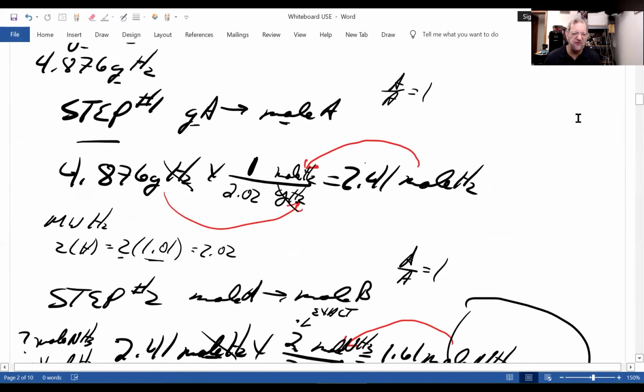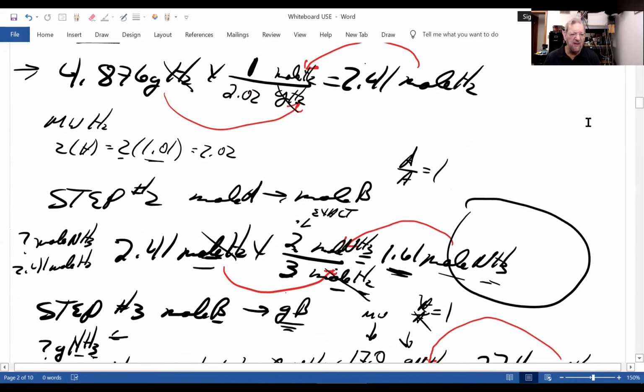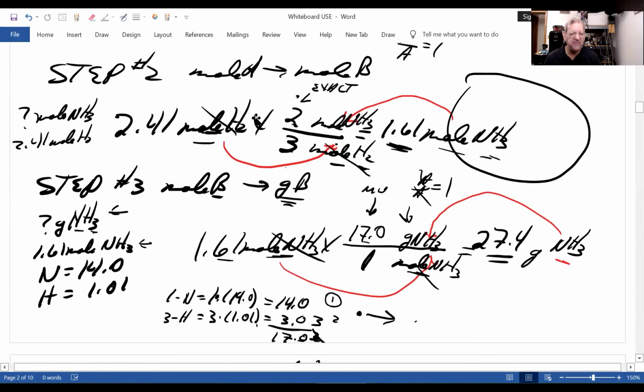Remember, you have to use 3 steps. The first step, what did I do? I started with whatever I was given in grams, in this case hydrogen, I converted it to moles. And we did it this way, which you've done already. You did in the practice problems. And remember, 1 mole of a compound equals its molecular weight. Step 2, I had to convert what I just figured out in moles, in this case hydrogen, to moles of what I'm trying to get to, ammonia. And where do we get the numbers here?